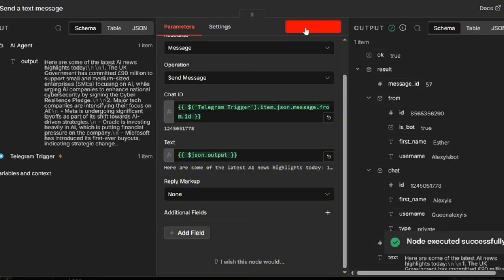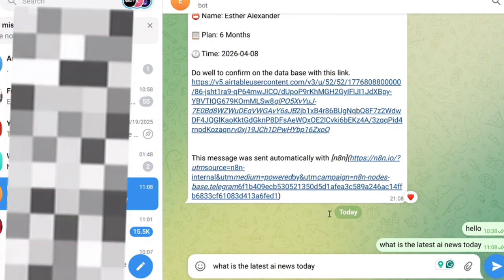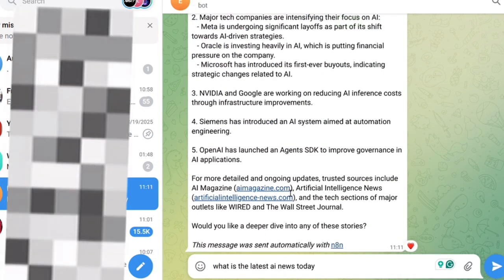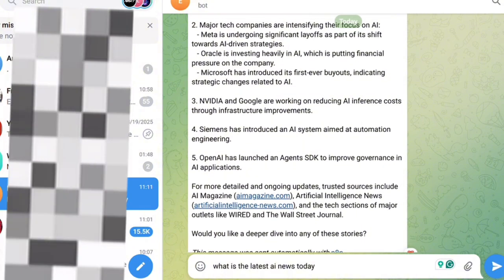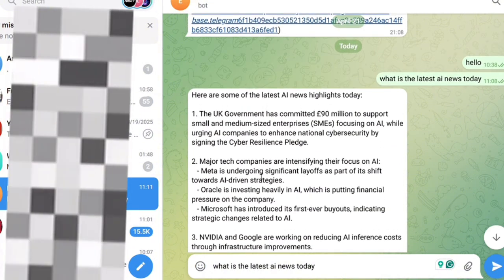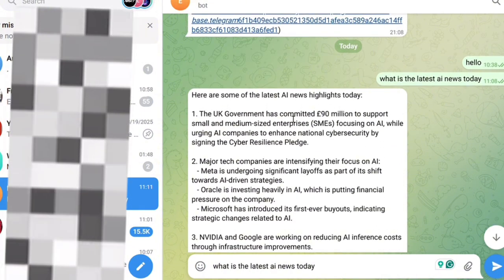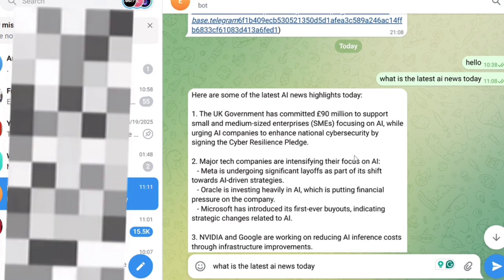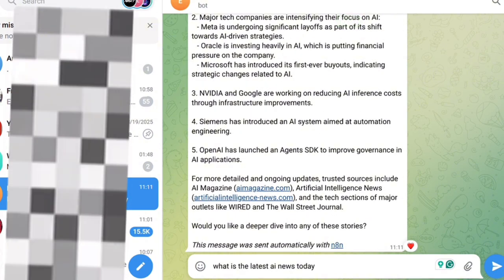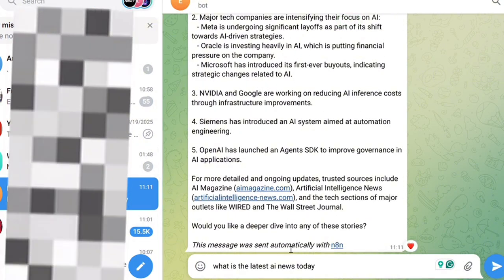So let's go to Telegram and see for ourselves if what we have done is real. So this is Telegram, and this is the news, right? It has given me 5 major news on AI today. The UK government has committed, and so on, up to number 5, OpenAI has launched AI agents SDK, blah, blah, blah. But I don't like to see that this message was sent automatically with Anything. I need to remove that Anything